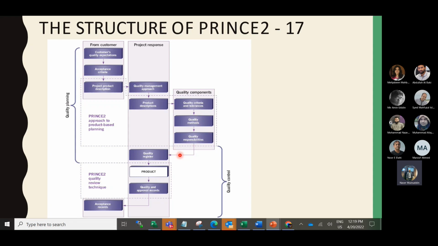They register this in the quality register, which is a management product in Prince2. From the quality register, the product is finally delivered, and if it is accepted, it is recorded as the acceptance record. This part is quality control, and the top part is quality planning. So this is the quality theme.